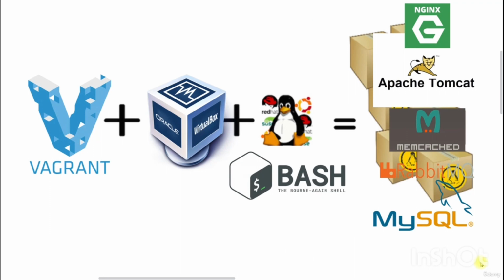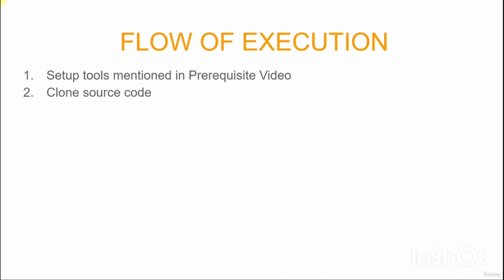So we will automatically create virtual machines from Vagrant, virtual machine for Nginx, Apache Tomcat, Memcache, RabbitMQ, and MySQL. Okay, finally, let's understand the flow of execution. First, we are going to set up all our tools from the prerequisite videos. If you have all this set up already, then you can clone the source code, which will be seen in